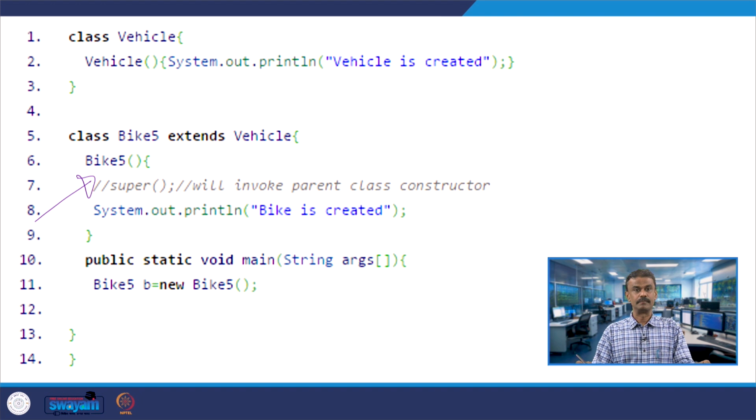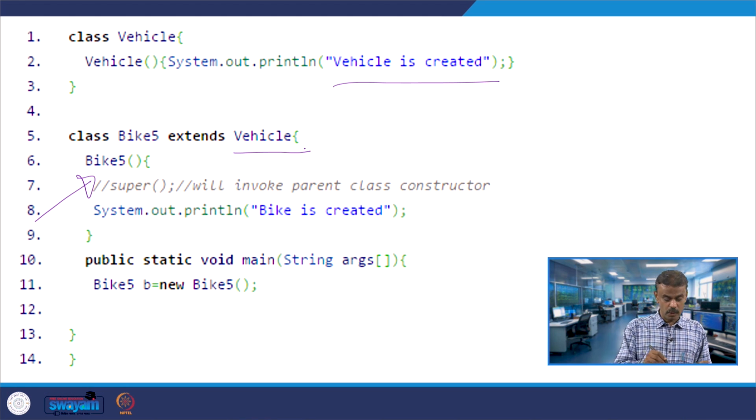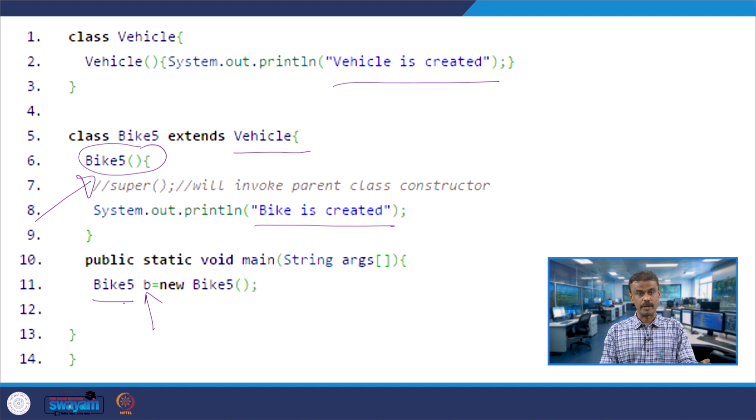Class Vehicle prints "Vehicle is created". Bike5 is extending Vehicle. Here you have the Bike5 constructor, where I commented out super, and then "Bike is created". Now you have an object b under Bike5.